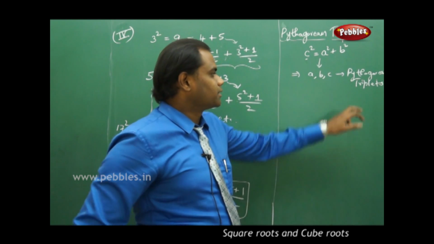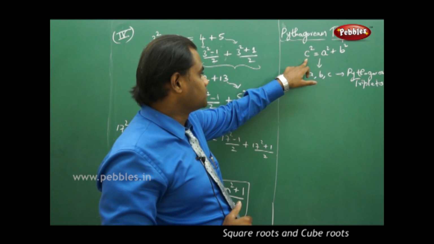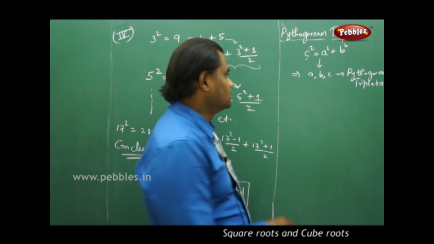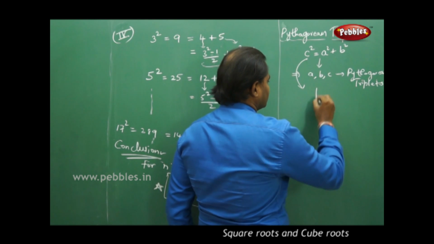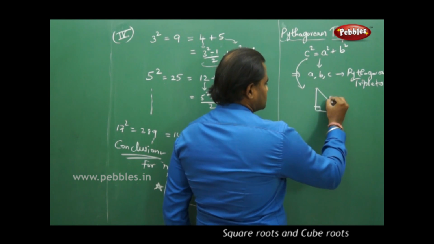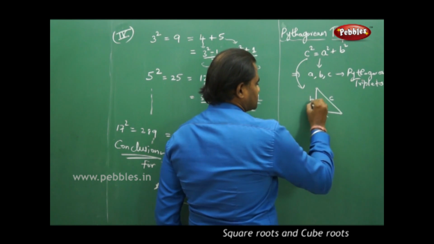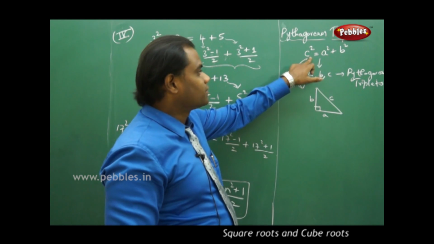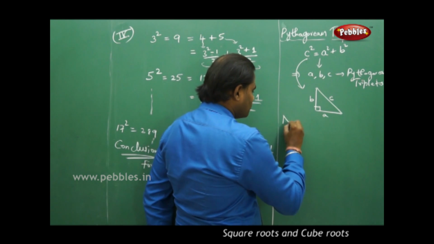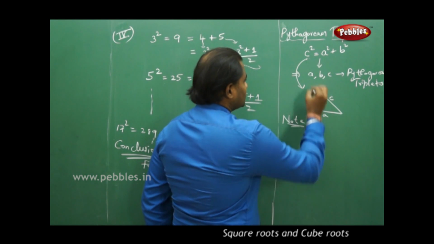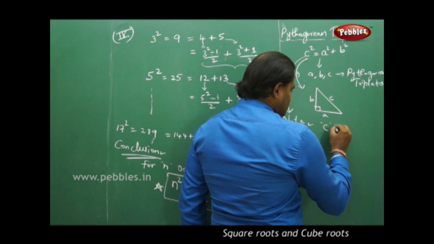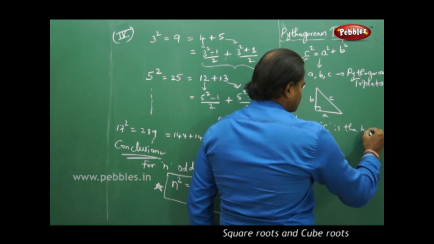So these three are called Pythagorean triplets if they satisfy the condition c square is equal to a square plus b square. If we recap, we know that this is very much connected to the right angle triangle where the Pythagoras theorem is used, where the c is this and a is this and b is this. So whatever comes on the left hand side will be the longest or the highest value out of this. So it is a very important note that if suppose I have c square equal to a square plus b square, then c is the highest value